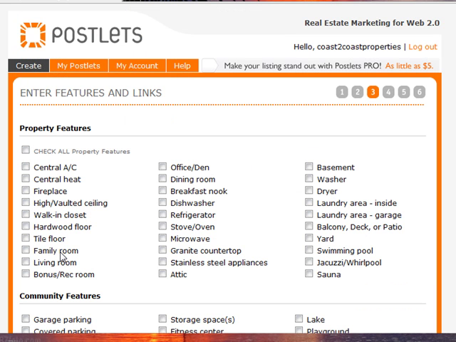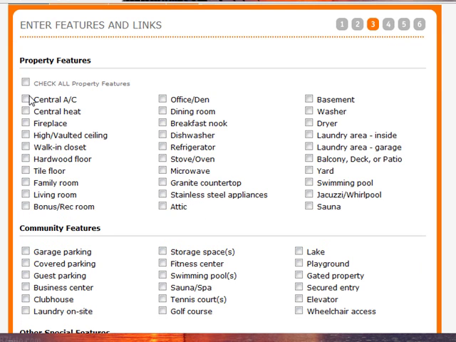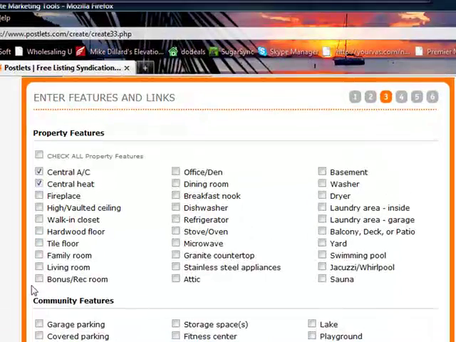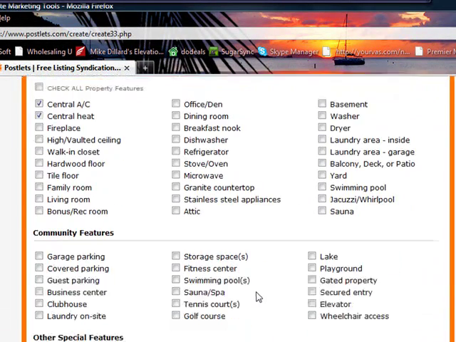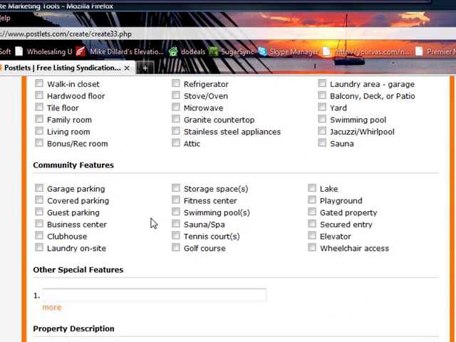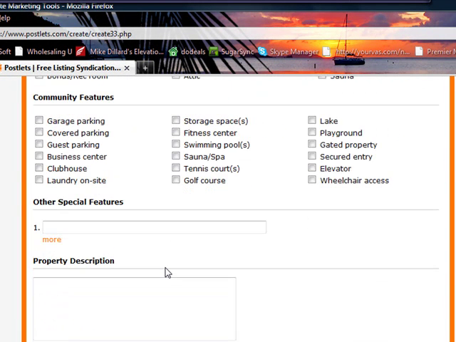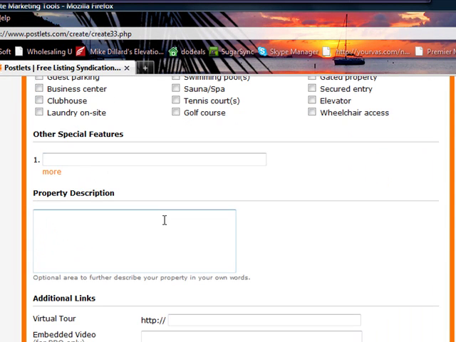This is going to give you more information on the property features. I'm not going to go through all these, but central heat, air, I guess I can real quick. Family room, living room. It's all the amenities that you want to check off. You can do all or none. It really could depend on the amenities on how you want to do that too. Again, community features, anything that's around there you're paying an HOA for, which is important if you have that going on. Any other special features, a property description, and